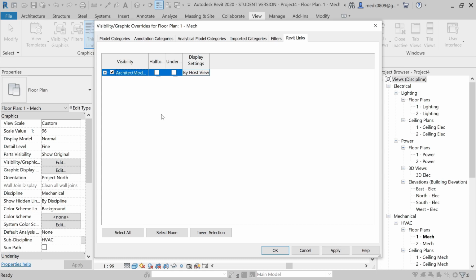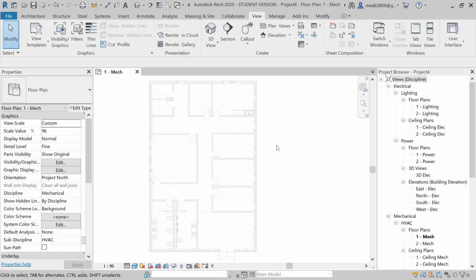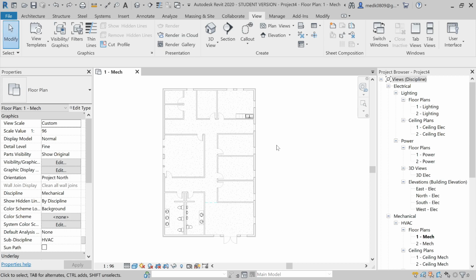Next we have the option Halftone. As you can see here, it means that the brightness of the Revit model will be reduced to half. So let's check it and then Apply and then OK. You can see the brightness has become less than before. So let's undo it, press Ctrl Z, and now you can see the difference in the brightness. Redo it. So this is how we can change the brightness.